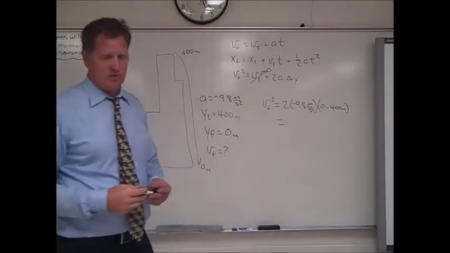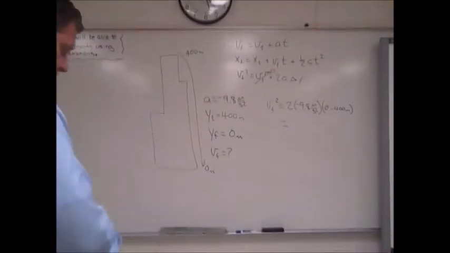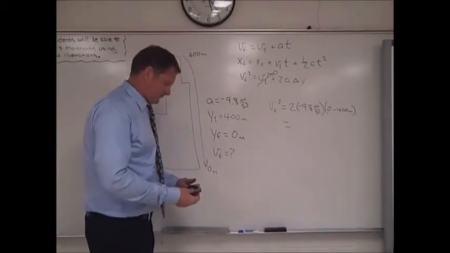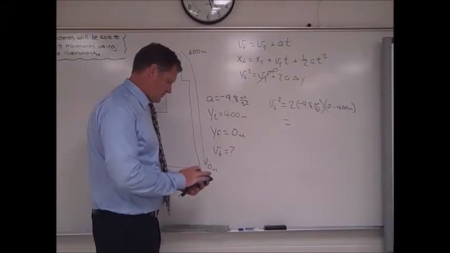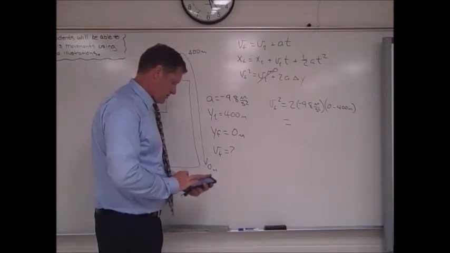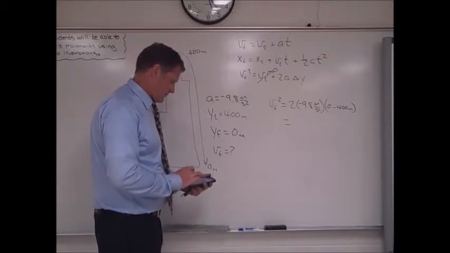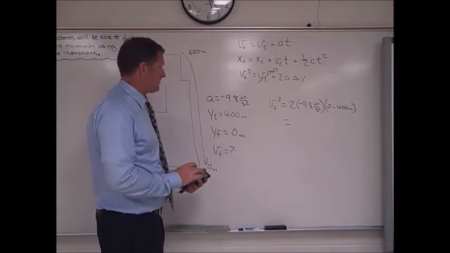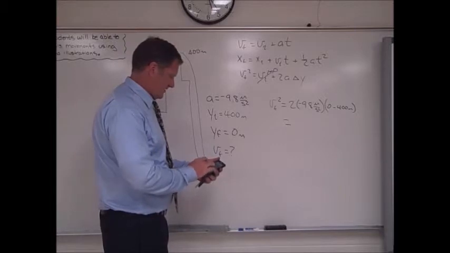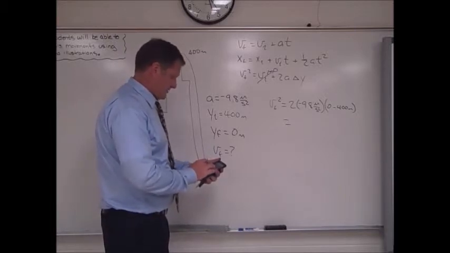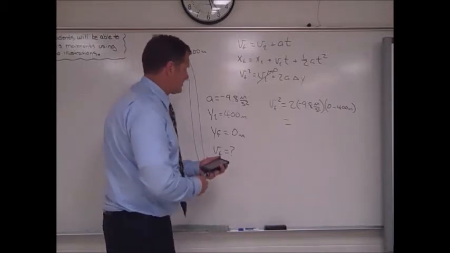So you have a negative number over there. Let's calculate this really quickly. I keep forgetting my calculator behind the camera. That's painful. 2 times negative 9.8 times negative 400 equals